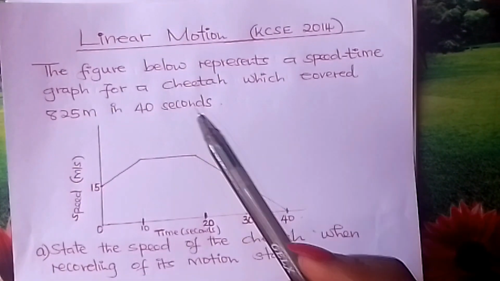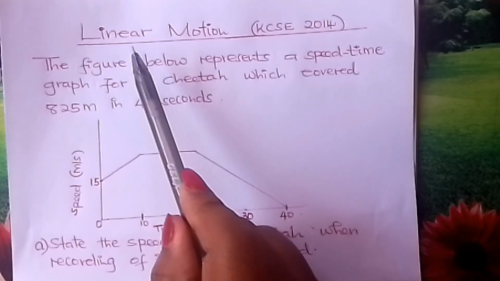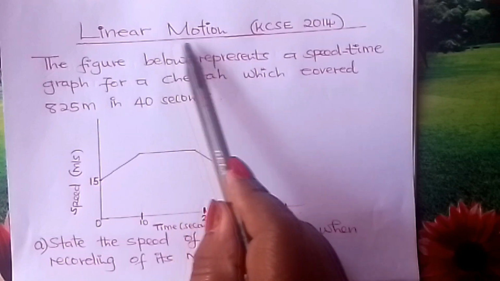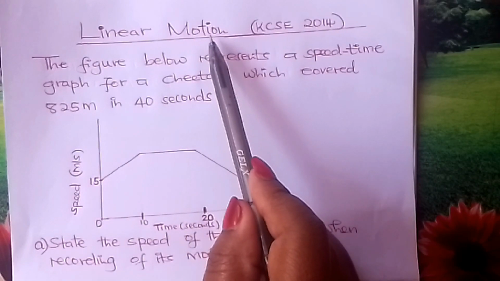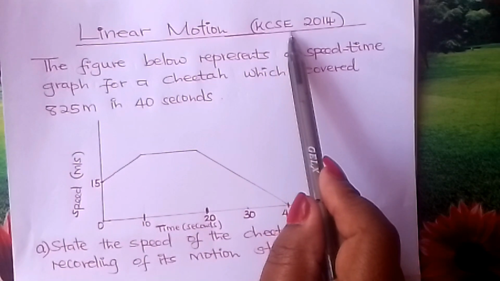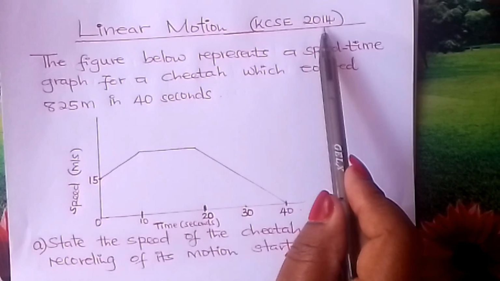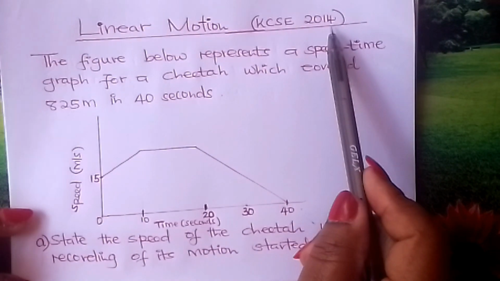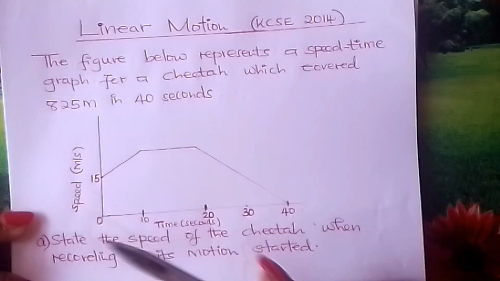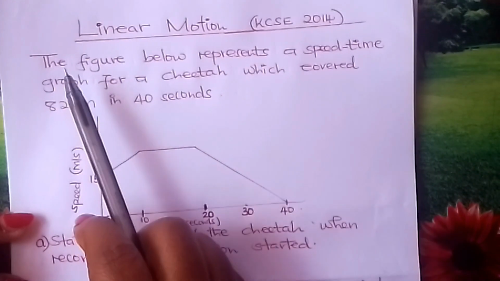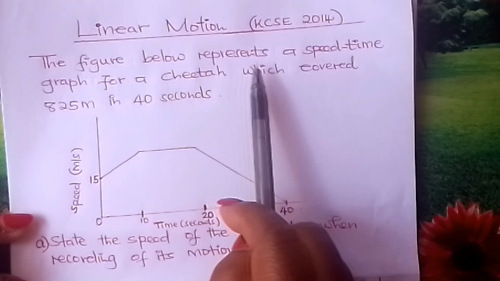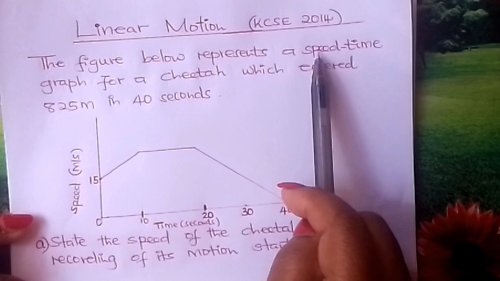Form 2 Mathematics. Today I would like us to look at linear motion, a linear motion question which was tested in KCSE in 2014. Welcome. So the question reads, the figure below represents a speed time graph